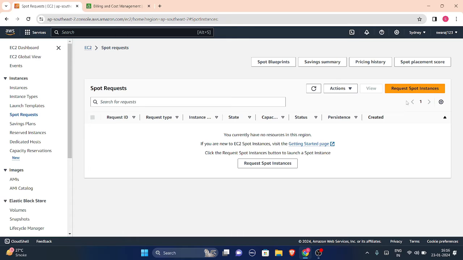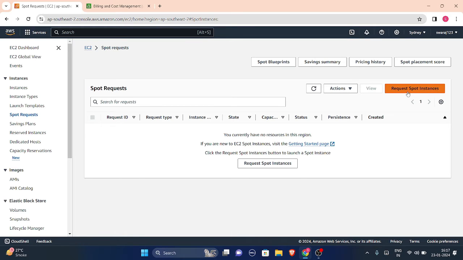Basically they provide us a lot of discount compared to on-demand instances. When we were using on-demand instances we had to pay more, but with spot requests, these are instances that can be lost if we reach the maximum price that we are giving to AWS. But this is a good thing whenever we are working on a small workload, or on a small project whose time duration is low.